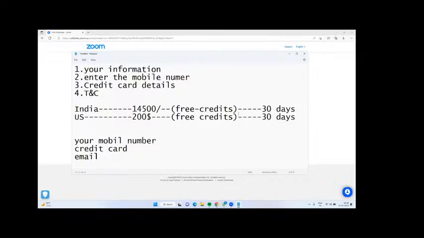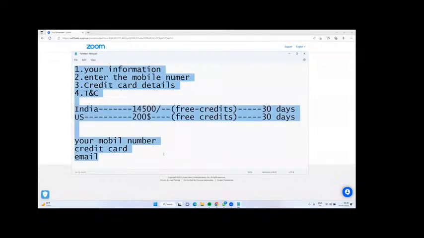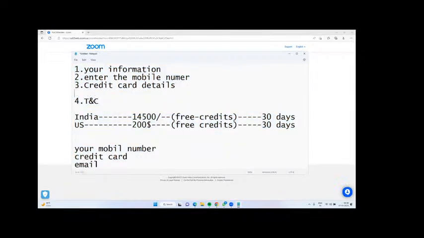Yeah, correct. Next, this is about the overview of Microsoft Azure subscription. Next, after you enter the credit card details, you will be charged 2 rupees if you are from India. How much? 2 rupees. This amount will be credited back to your account within 1 to 2 working hours, guys.